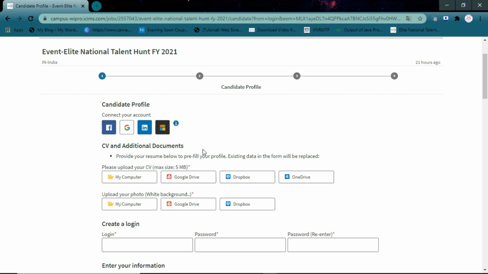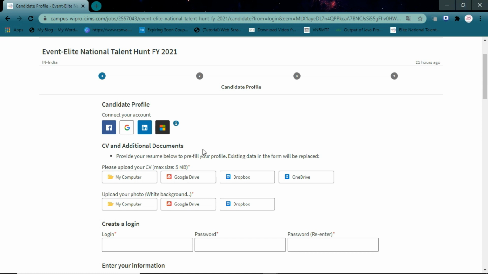Here you can also connect your Facebook, Google, Microsoft and LinkedIn accounts. And next you have to upload your resume, that you can upload from your computer or Google Drive or Dropbox or OneDrive. You can choose any of the options here. And your resume should be less than 5 MB in size.